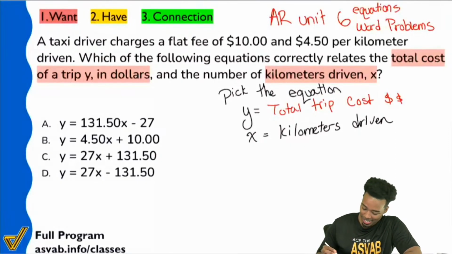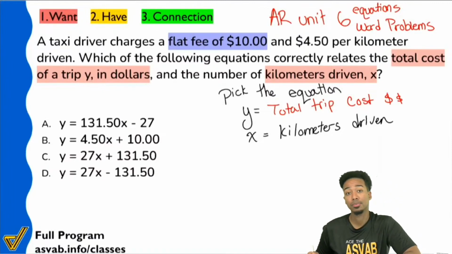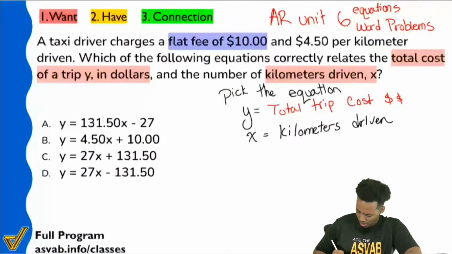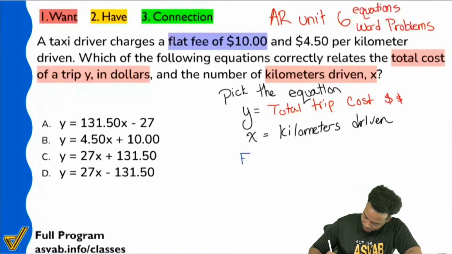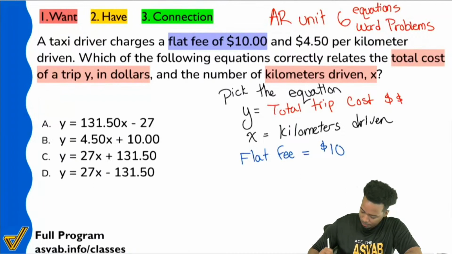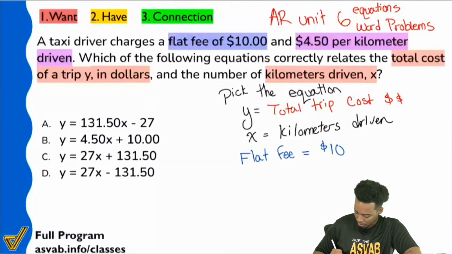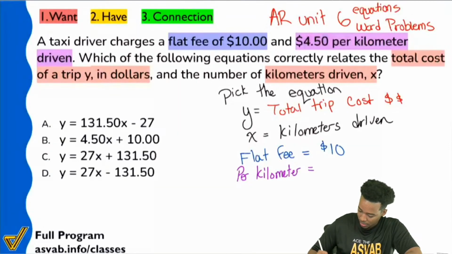Number one, I see here it says flat fee of $10. And again, we're talking about a taxi. We're talking about this driver and how he makes his money. So I see right there, flat fee equals $10. And then it says, in purple, I'm going to highlight this, $4.50 per kilometer driven. So each kilometer, or per kilometer, it says, hey,